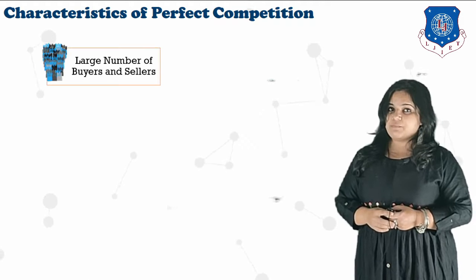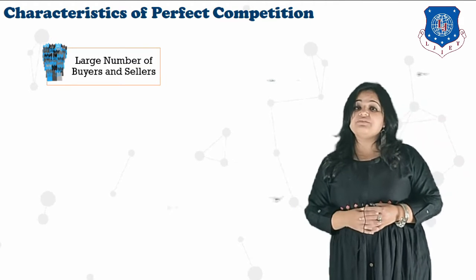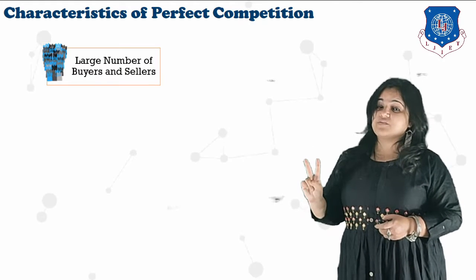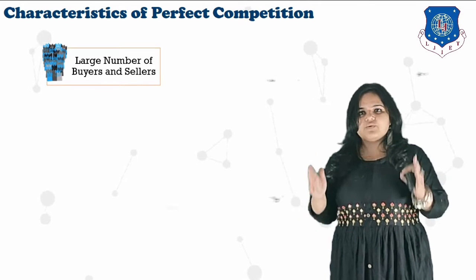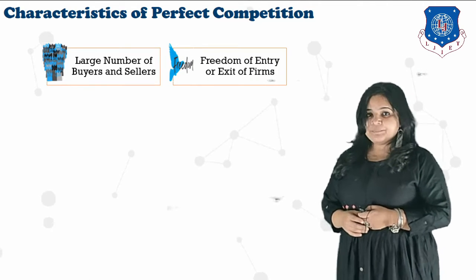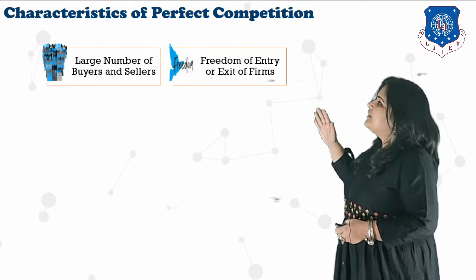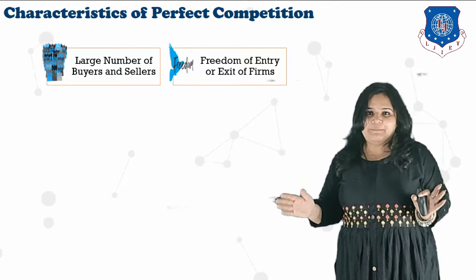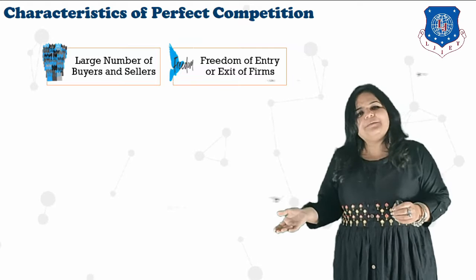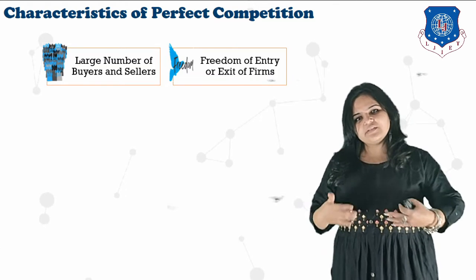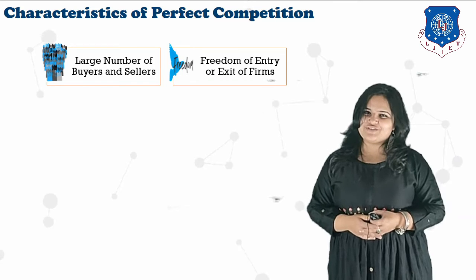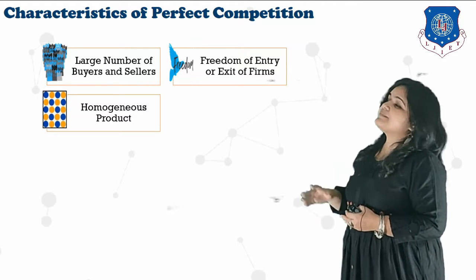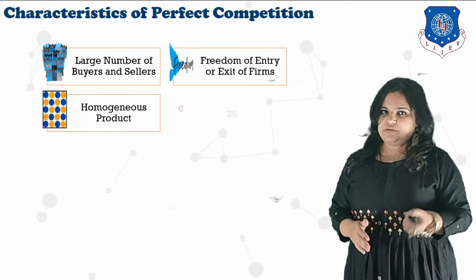Characteristics of perfect competition. First, as every one of you knows, it consists of a large number of buyers and a large number of sellers. I've said it enough number of times, I hope you remember this. Secondly, there is freedom of entry and exit in the market. Obviously, how can a large number take place? Because entry and exit is free. Anyone can enter, so the number of sellers has to be large. Thirdly, each and everyone is selling a homogeneous product, the same product.